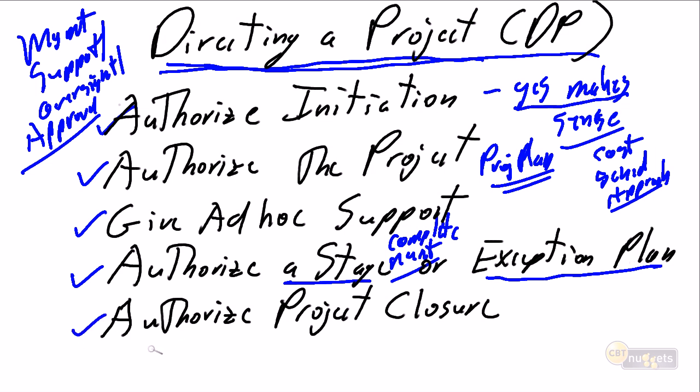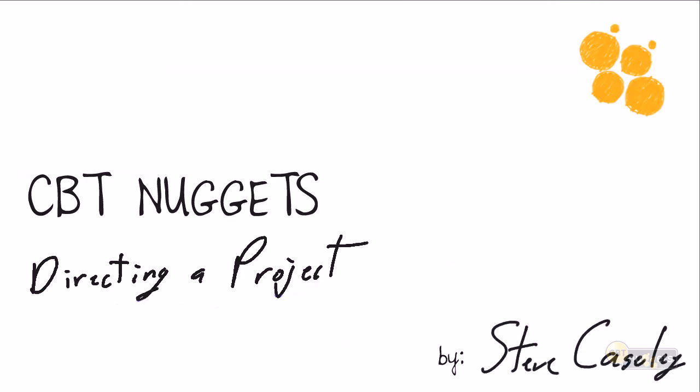And then finally, senior management is going to approve project closure and make sure that the project has achieved its results, make sure that the organization is prepared and ready to use this project and gain maximum benefits from its results, and ensure that the organization is better off, that our best practices have been improved as a result of the lessons learned on this project. This concludes your nugget on directing a project, the Prince2 process where we get senior management engaged in our project.